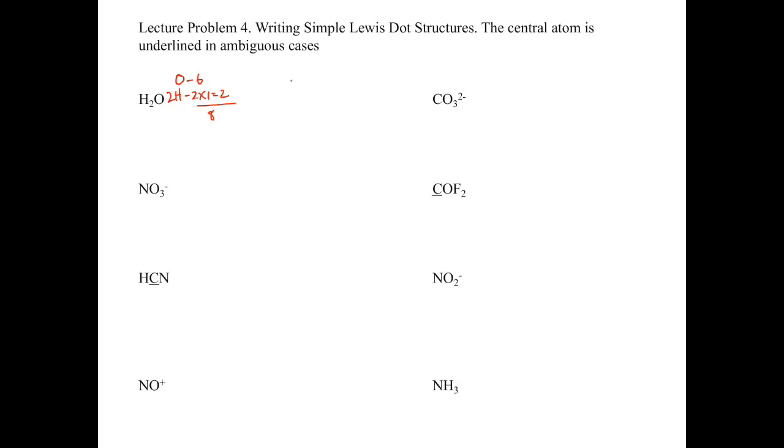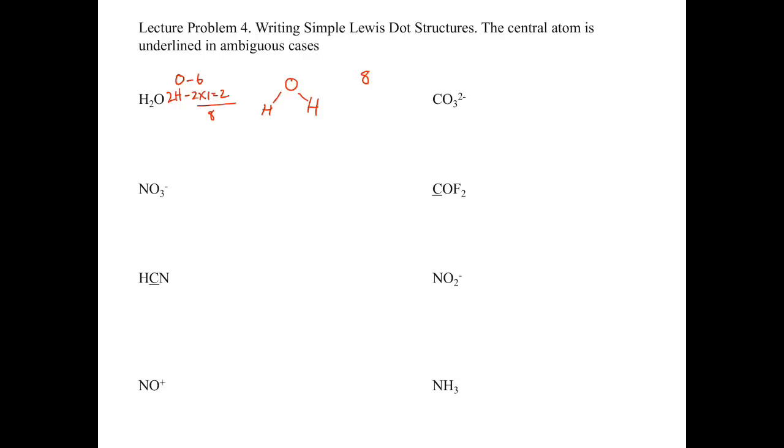So then we're going to write our skeletal structure. In this case, we just have our oxygen. Now, like we said, hydrogen is never the central atom, so we're going to put the 2 hydrogens around it, and we're going to draw a bond in between. So we have our skeletal structure here. We have a hydrogen bonded to the oxygen, and then a hydrogen bonded to the oxygen. And now we have to start